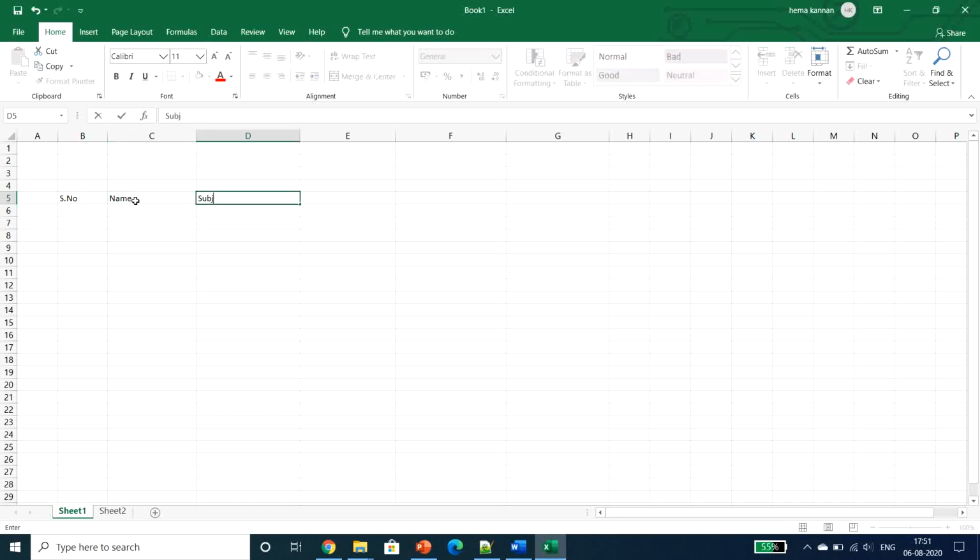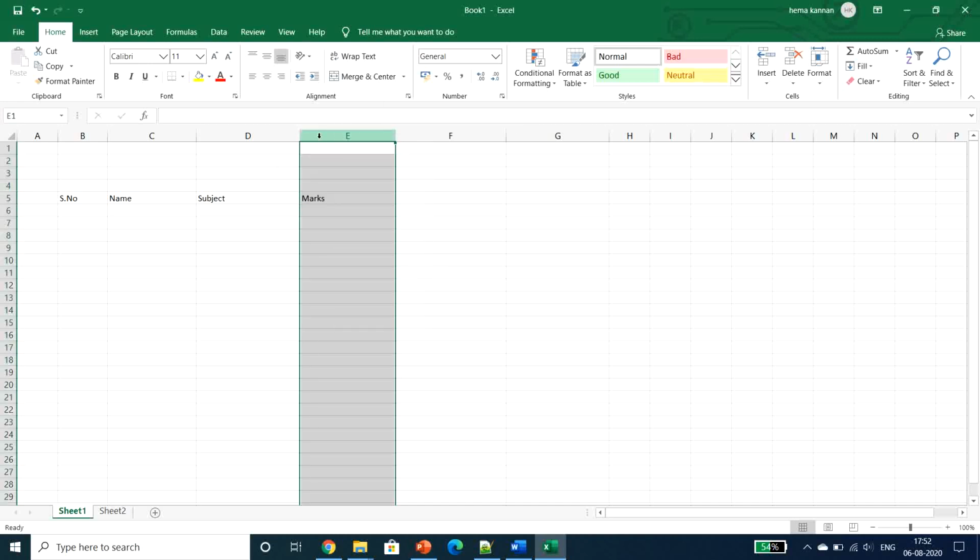This is subject and the marks obtained. So right now I don't have several subjects, I have just given the subject name directly. I can give any subject for that particular name of the student and the marks obtained. So okay, I can modify this. Here I am facing some conditions, like I need to add or insert a column.